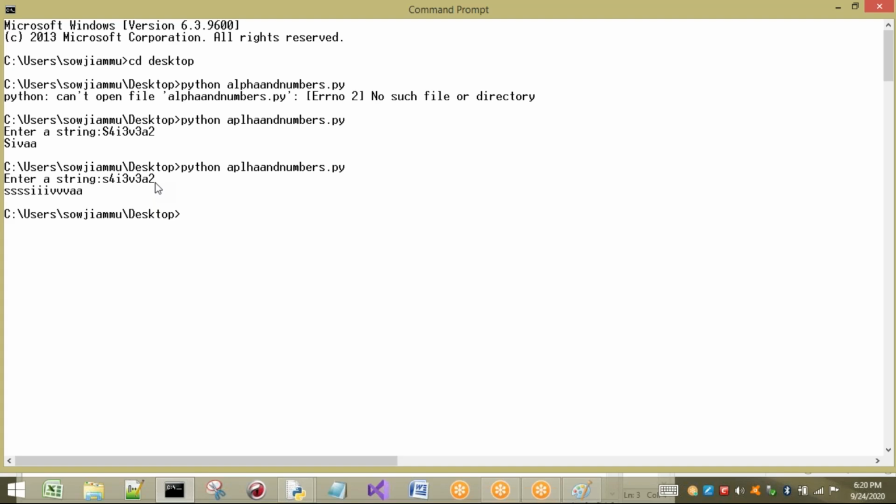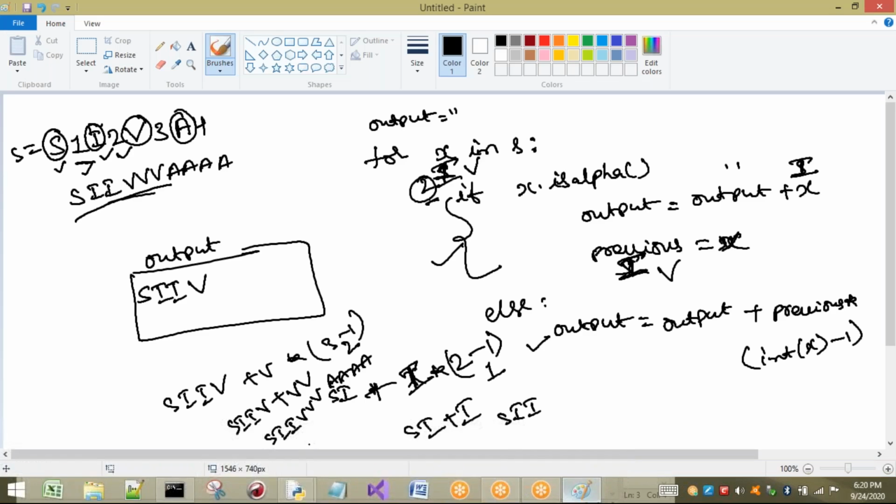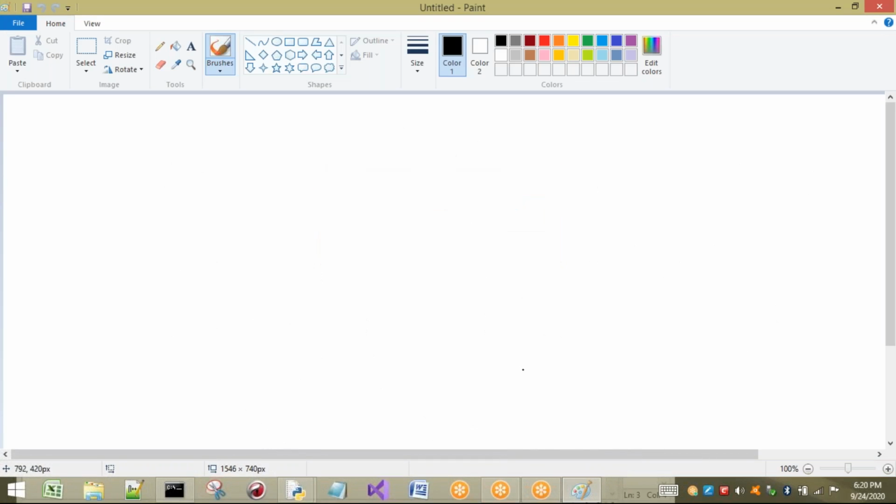Let us see now. Now I want to take one string, and I want to separate, same type of example here, but I want to separate numericals and alphabets. So I will take a combination of numericals and alphabets, in this way.